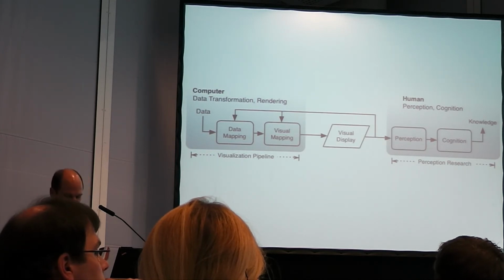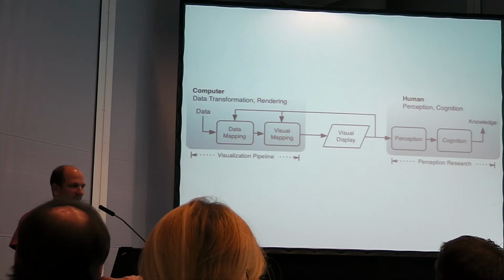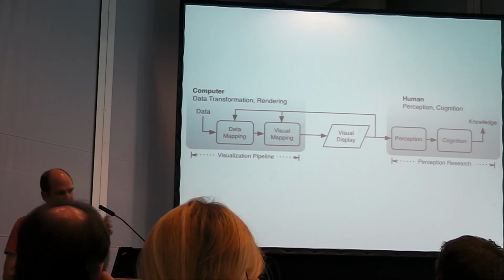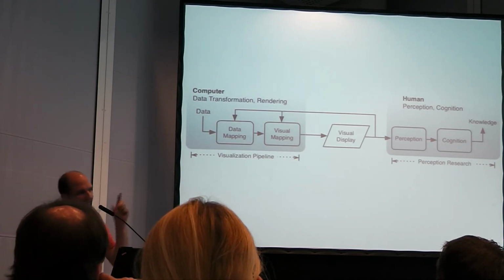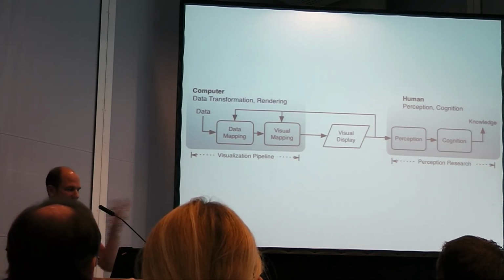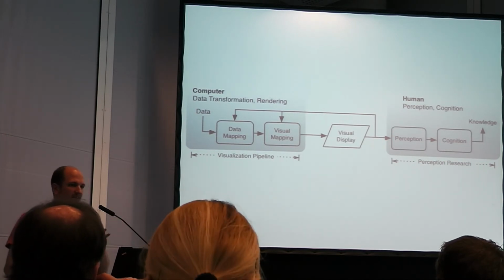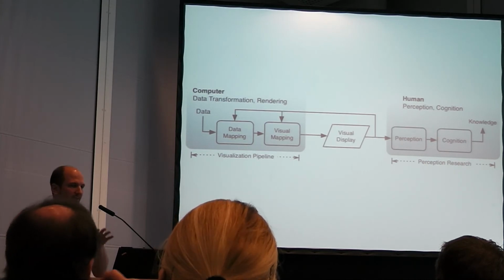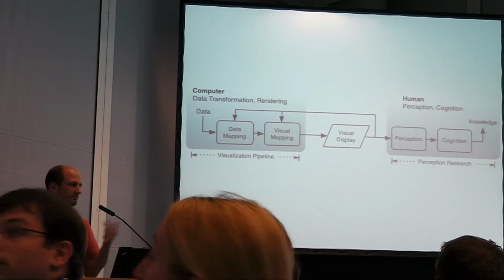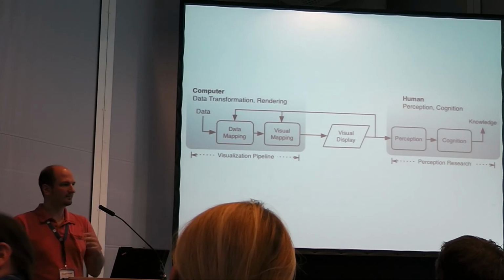So I could give you a list of things that nobody can explain today, and where there would be a lot of good work to be done. So there's definitely a lot of potential for work. If we're talking about basics, like, can we perceive line lengths more easily than angle? That's all done. Even though I'm not entirely convinced that that's really true, but that's hard to sell today. But if you're looking at things like, we've done some work on metaphors in visualization, and there is no explanation why certain things happen in visualization